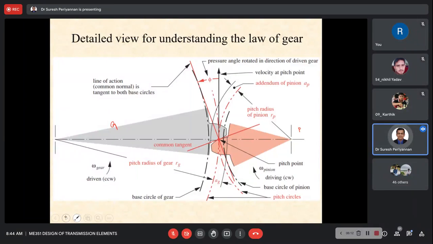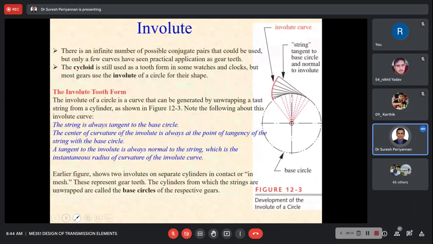Similarly, the involute is also a very important terminology we have to understand here. See here, there is infinite